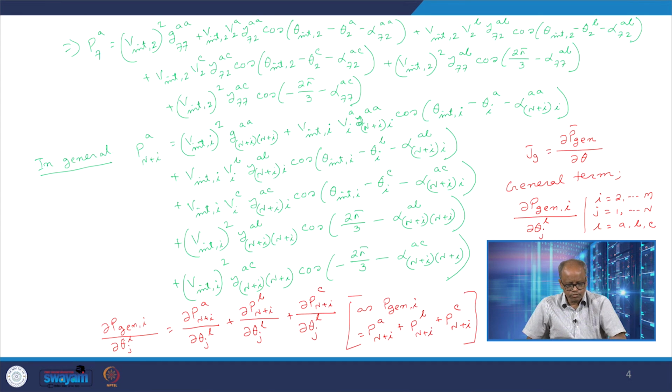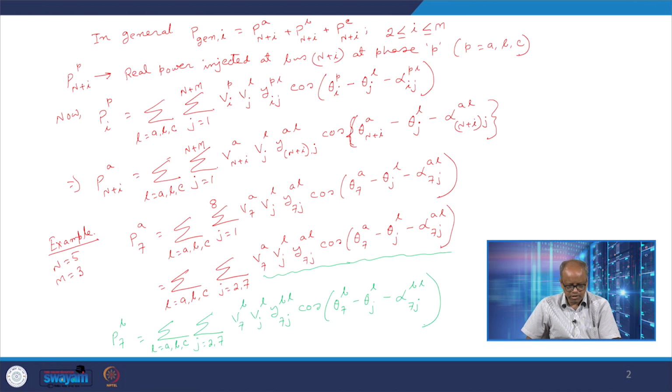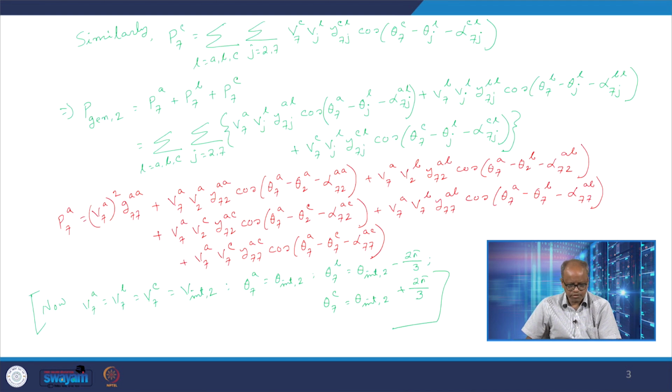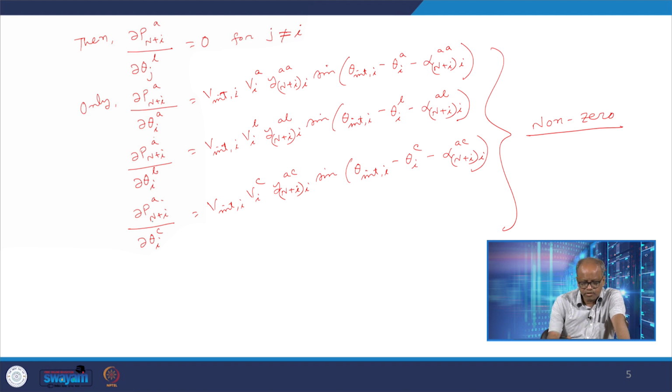Similarly, this is the case. Similarly for J10, this is the case for P7A. Similarly, we can write down the expression for P7B by using this. We can also write down the expression for P7C. Now let us see for J10 what will happen. For J10 only exist, so by this, similarly we can write down